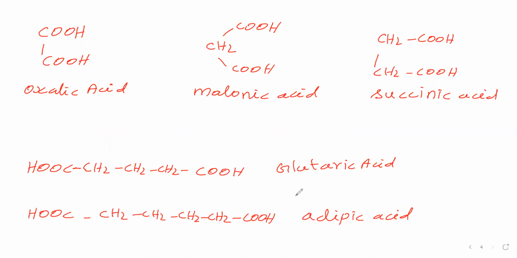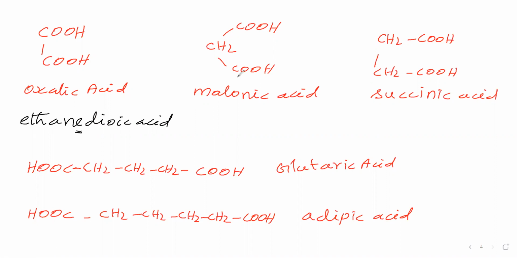What is the IUPAC name? That we will see, the IUPAC names for these. Here two carbon atoms are present, therefore the parent chain is eth. Primary suffix is en. Secondary suffix is dioic acid. Two times carboxylic acid is there, dioic acid. Now we need not drop the primary suffix last letter e because it is dioic acid. That's all.